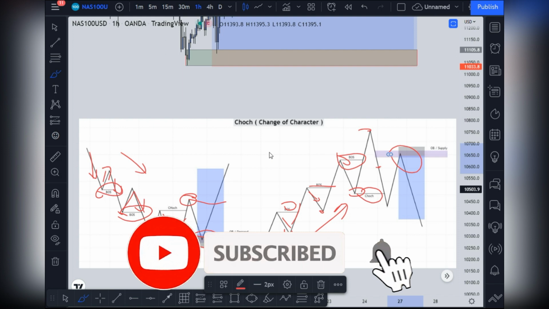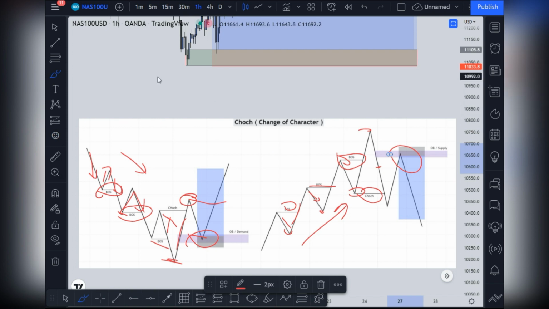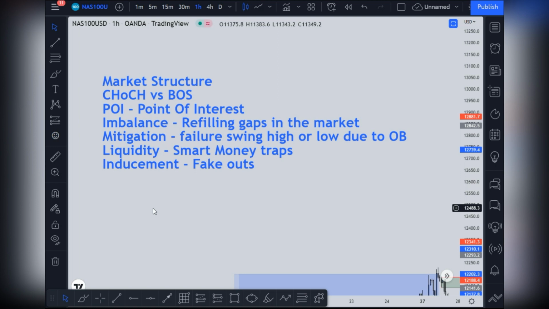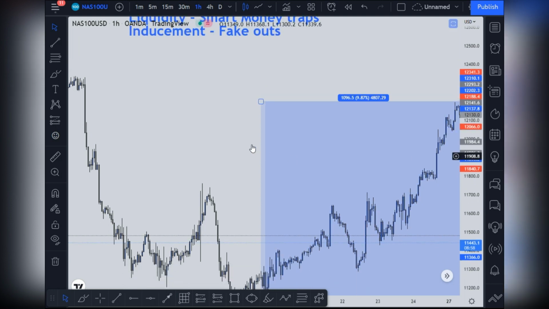So basically this is what we wanted to break down for you, to illustrate and clearly differentiate between the change of character and the BOS, which is the break of structure, because we've seen most people have been struggling with that. So that is basically it. Now to move on with the rest of our video, we have what we call the point of interest, right? So again, if you can just come back to these illustrations that we have over here,